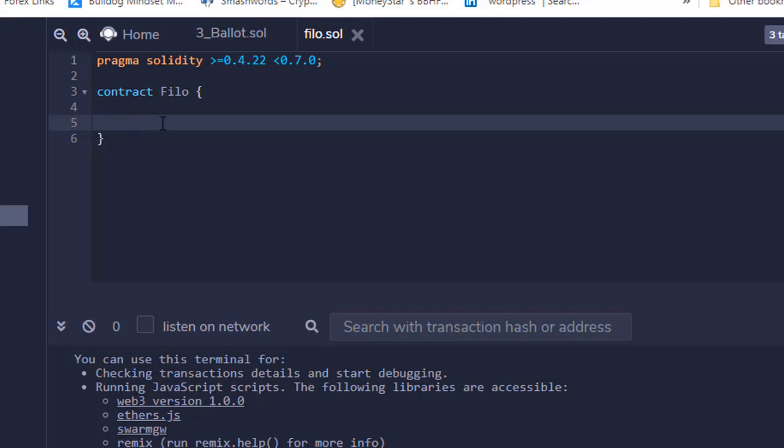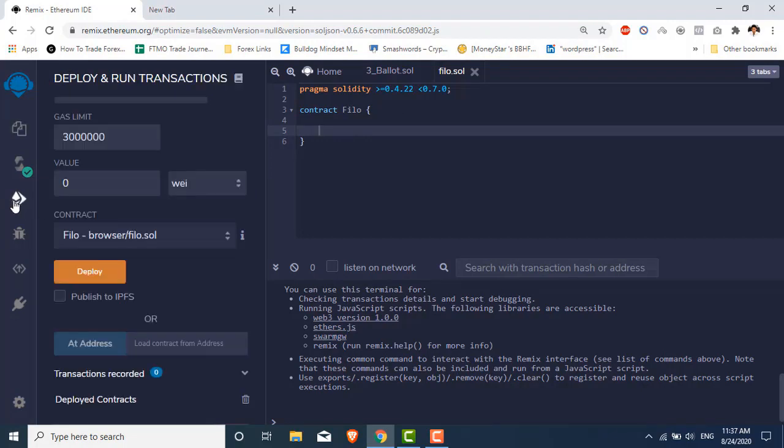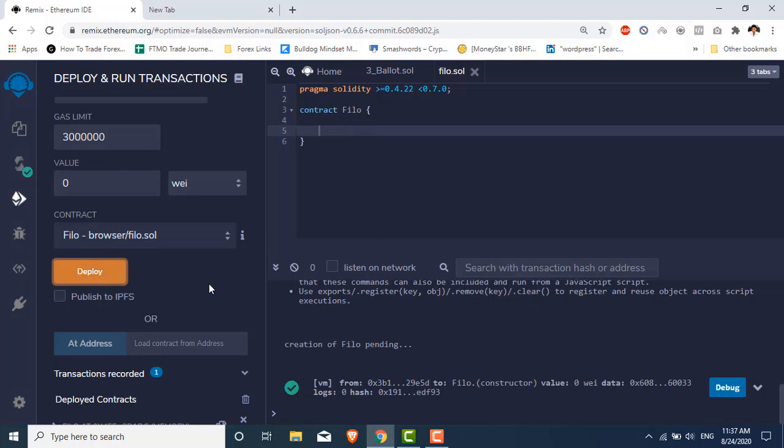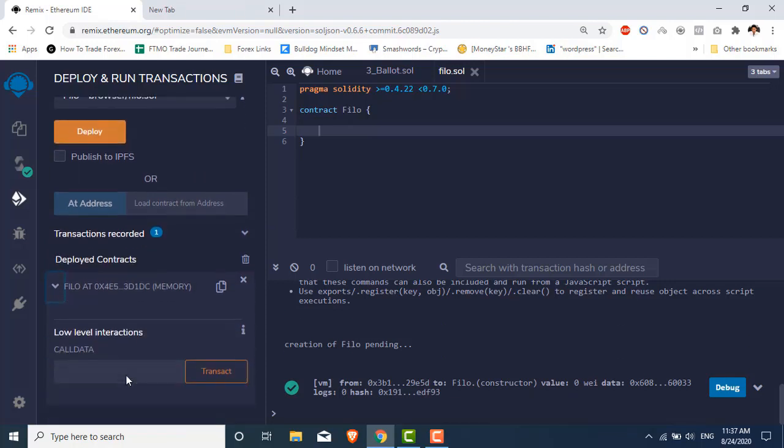You see that whenever I press Ctrl S, it gives me a tick sign here, which means that this code is valid. So let's deploy it for the first time. You see that in the console section something happened, and also here we have this philo at memory which has been created.